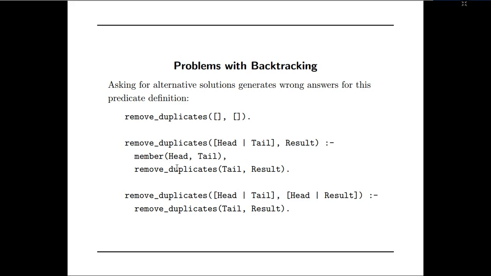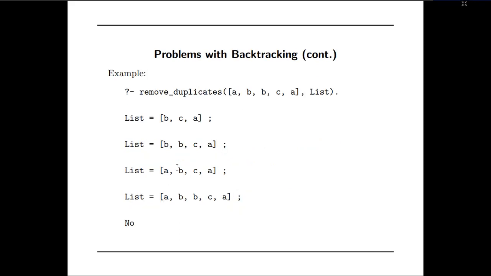Thereby what happened? Remove duplicates of the list [a,b,b,c,a]. Then the list is equal to [b,c,a], and if you press semicolon and enter again, the list is equal to [b,b,c,a]. So it is recursively permutating all the combinations and checking for duplicates.